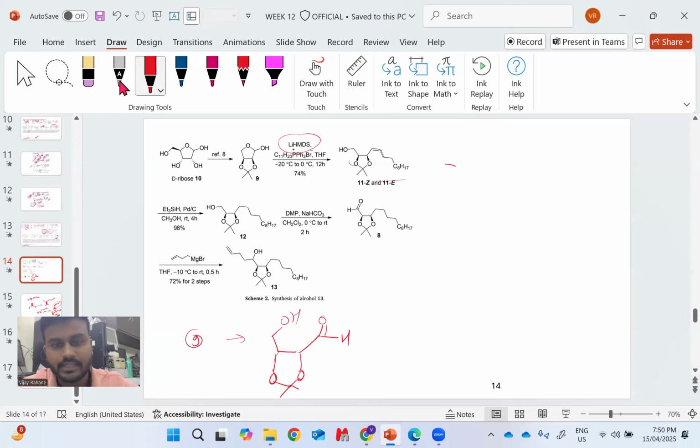And further, the reaction of this entire C11H23PPh3 Br minus, right? Because it was plus, so Br minus, that's how it turns into the salt form. So it gives the